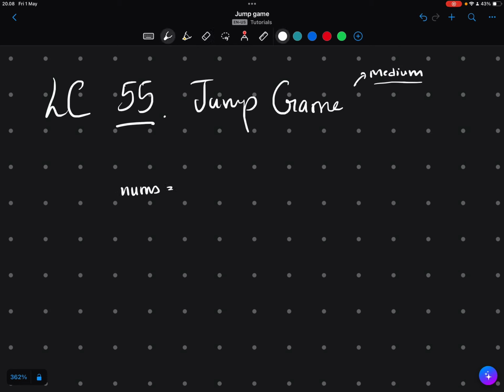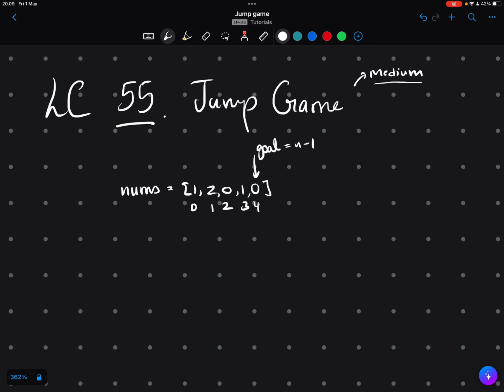So the question states that if we are given an array, our end goal is to essentially reach the end of the array. That is, our goal is essentially n minus 1. Okay, and we consider it in indexes as well, right? Not just the numbers, but we can also consider it in indexes, because the number you jump to is the